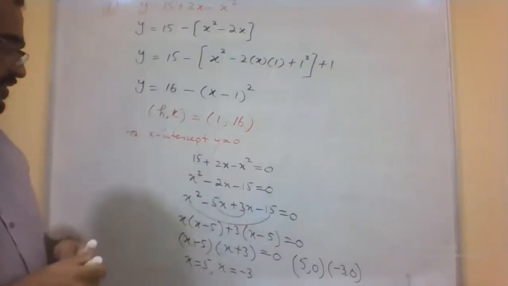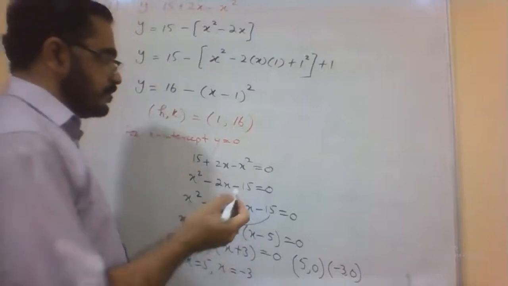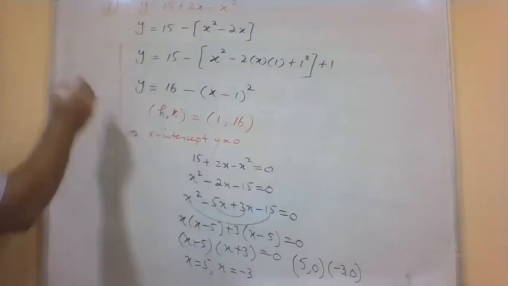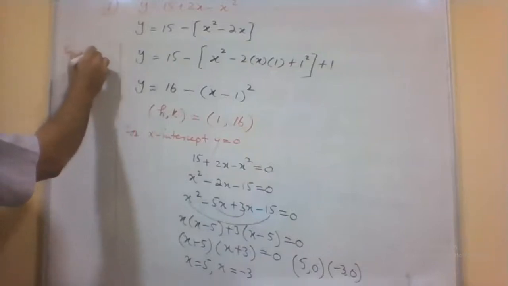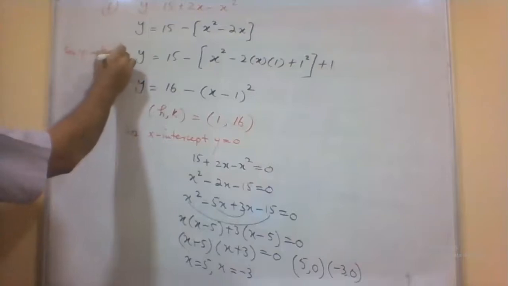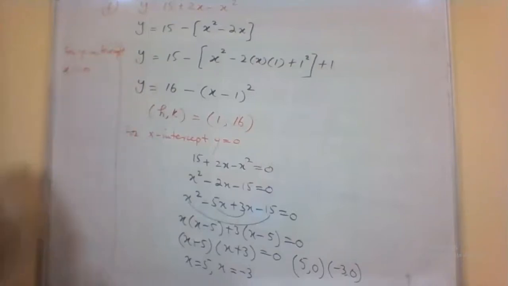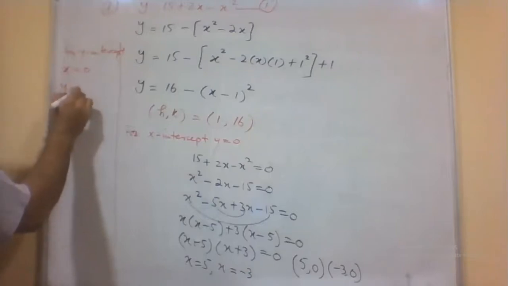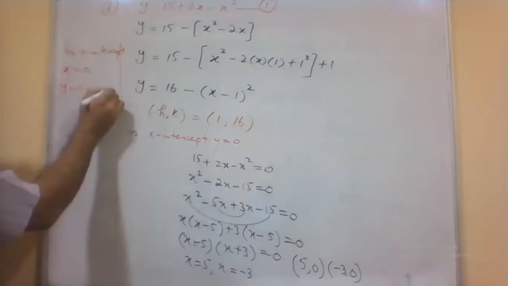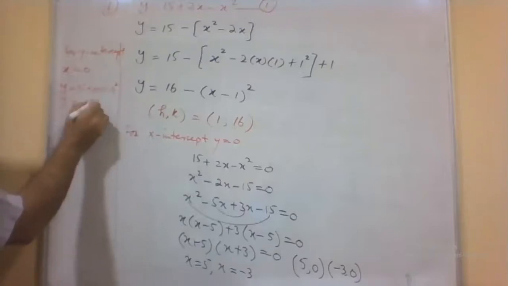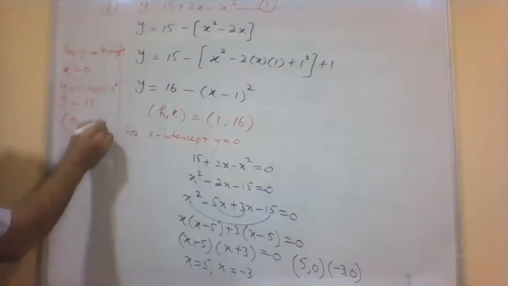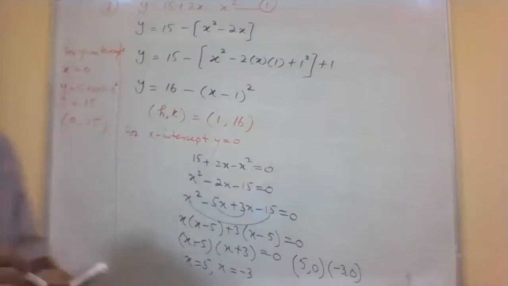Now after that, you will find the y-intercept. For y-intercept, you know, x will be 0. We'll substitute x as 0 in this equation, equation 1. Y is equal to 15 plus 2 into 0 minus 0 square. It means y is 15. Then y-intercept is 15: x 0 and y 15. This is the point. Now we will sketch